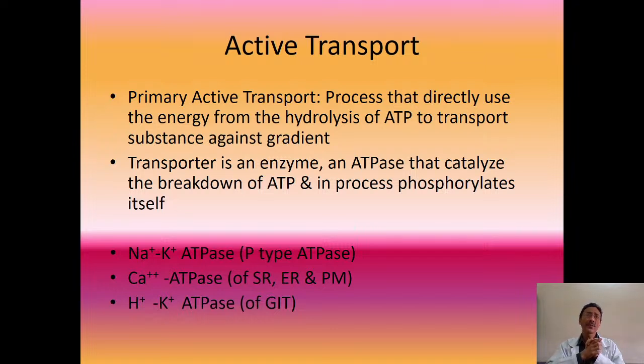The phosphate ions will activate the channel proteins, the carrier proteins, and this will transport the hydrogen ions in one direction against the concentration gradient and potassium ions in the opposite direction against the concentration gradient. The other example of the hydrogen potassium ATPase being active is in the kidneys.